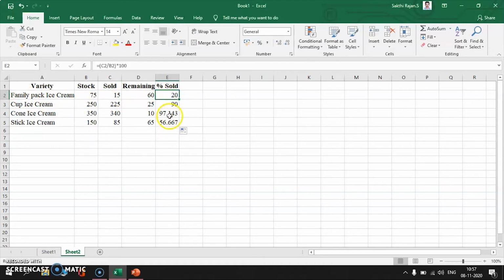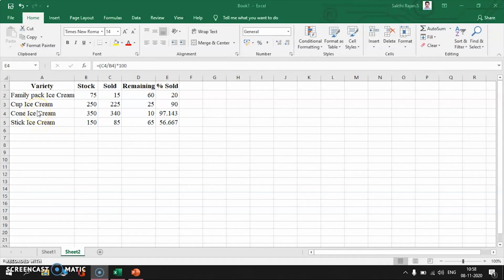So the shopkeeper needs to keep more cone ice cream as well as cup ice cream in stock, since only those two have a very large percentage sold. Now you can also represent this in the form of a graph, and then you can find the fastest selling kinds of ice creams also.